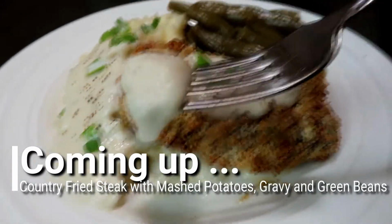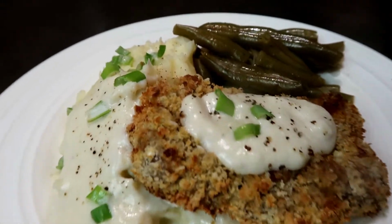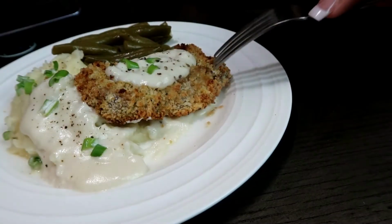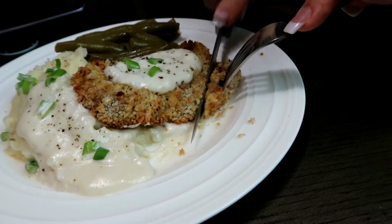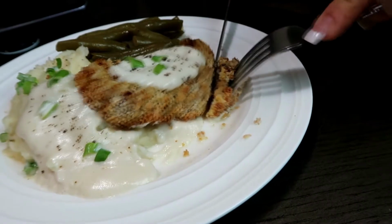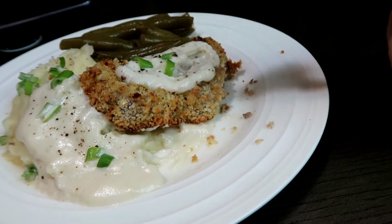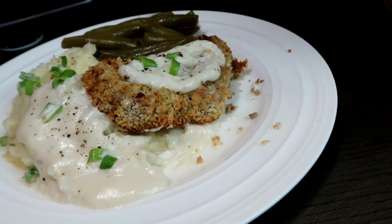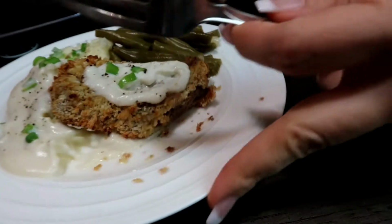Today, I'm going to show you how to make a full country fried steak dinner with mashed potatoes, white gravy, and green beans. I'm going to show you how to get the meat ready first. Then we're going to cut up the veggies and get the sides started so we can bread our steak, fry that up while we have our other stuff cooking in the background. This whole meal from start to finish will take about 30 minutes because we're letting things cook as we prepare